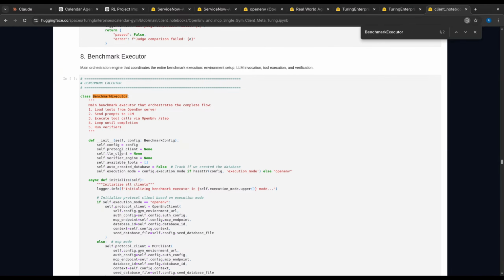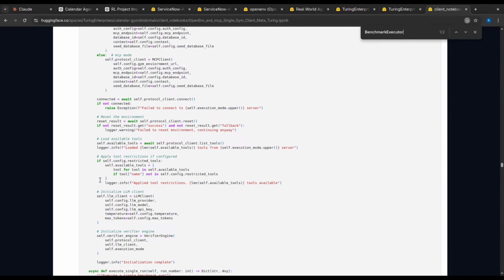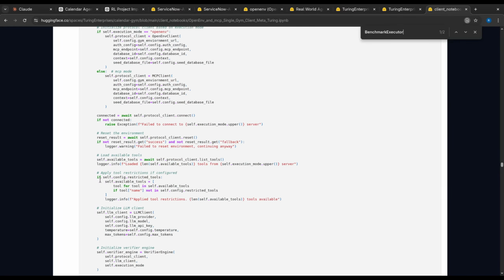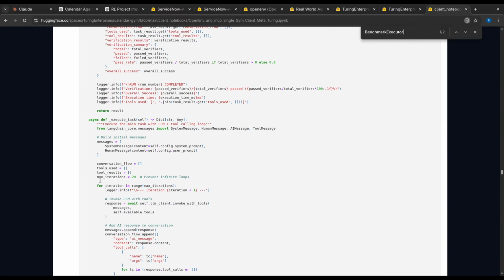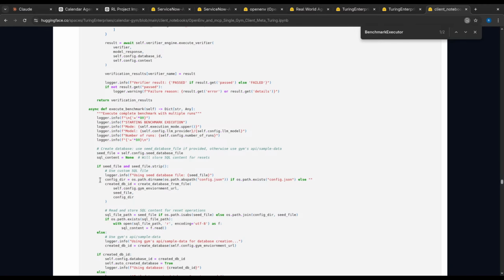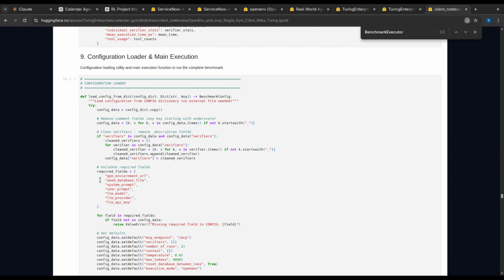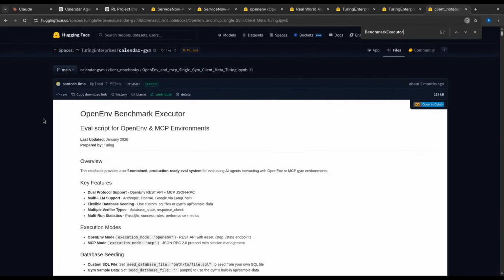Benchmark executor. We could take this use case, but we can improvise it.